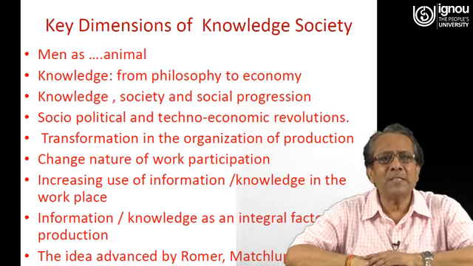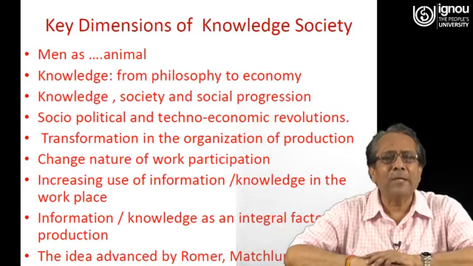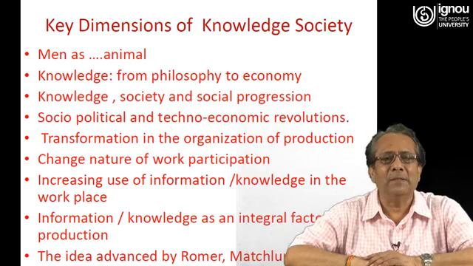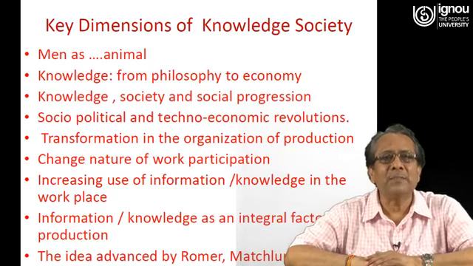Now let us come to this stage: how do we define, narrate or describe man or human being or people in the society? We usually talk about man as a social animal. Then we talk about man as a rational animal. We also keep on talking about man as a producing animal. When we talk about man as a rational animal, as a producing animal, we talk about man in a network of social relationships, a network of activities, social, economic and political activities.